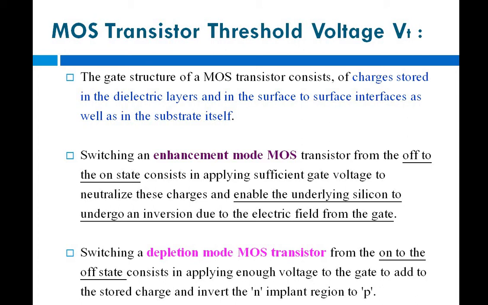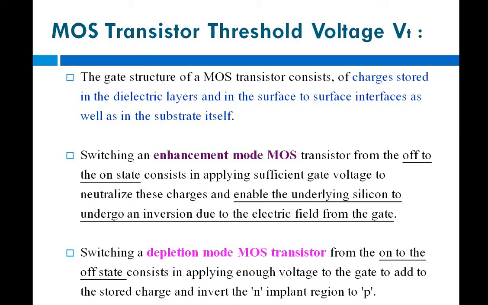I'll repeat the basic information: enhancement mode means normally your transistor will be off. That means your VGS is 0. You are not in the on state, you are off. Whenever your transistor is in the off state, it should go on for the next one, so it has to be prepared.